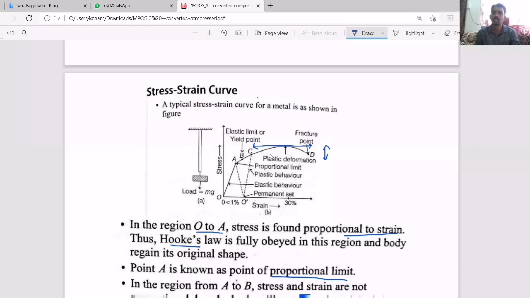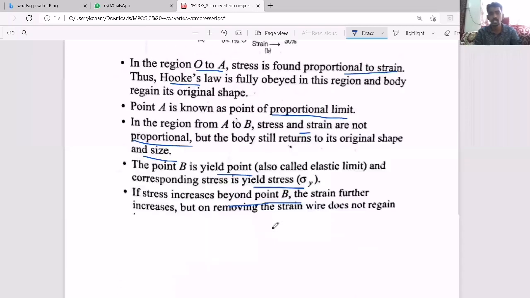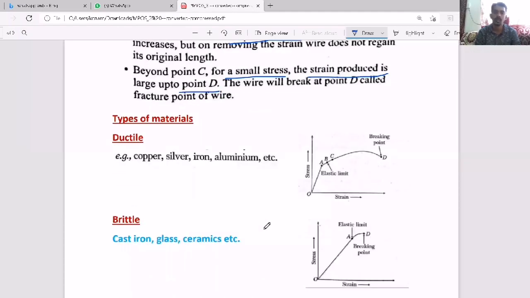Here everything I have given like notes, so that you can read, understand, and make clear notes on your own. Just try to understand, try to define, try to make the notes in your own way, and ask me if there is any doubt so that we can discuss it. If there is any doubt, please ask me, please message me. So this is the stress strain curve.